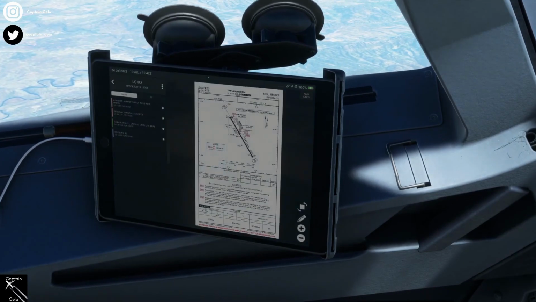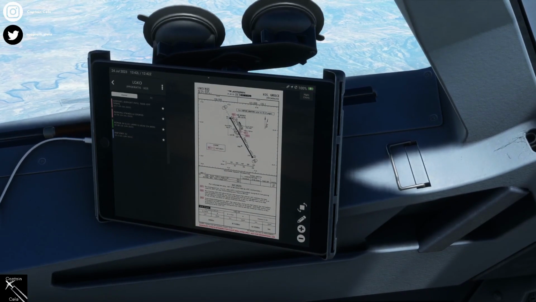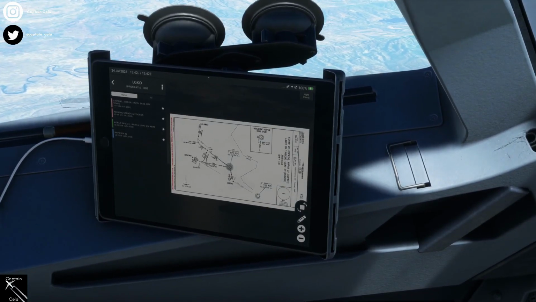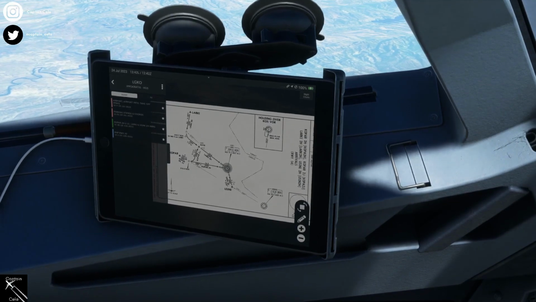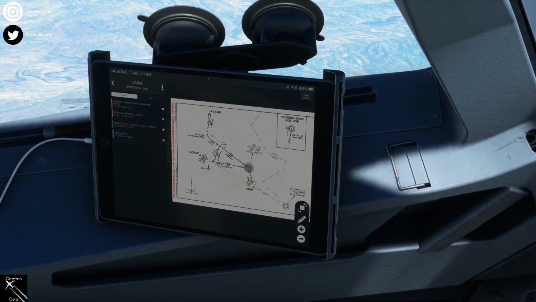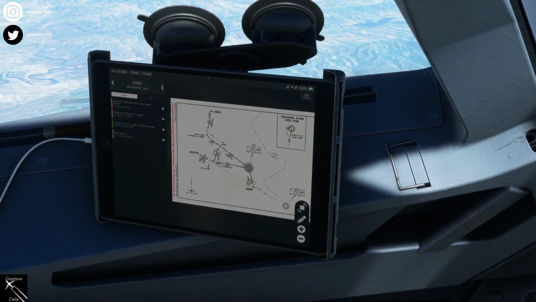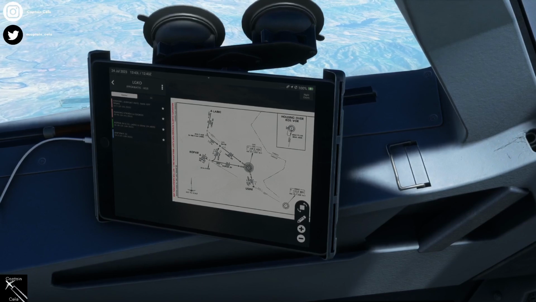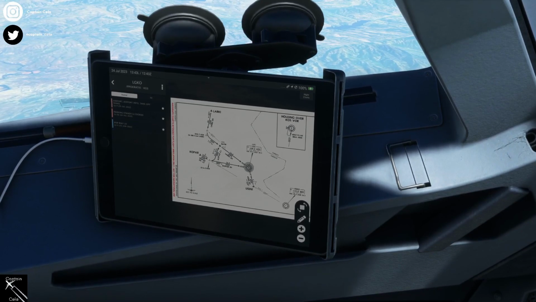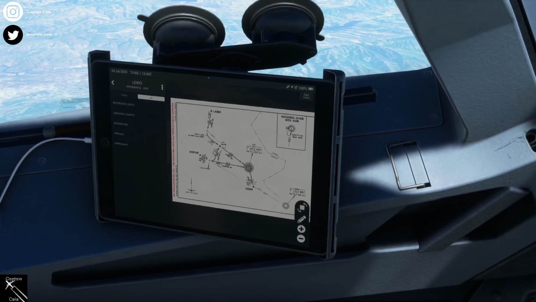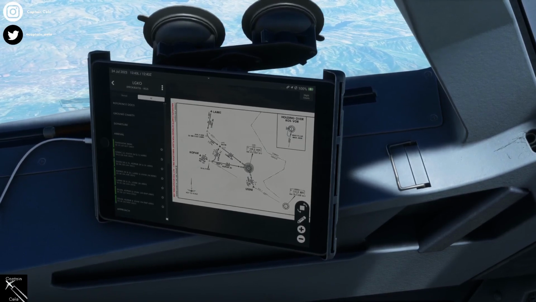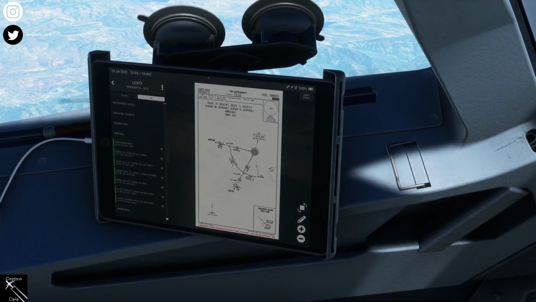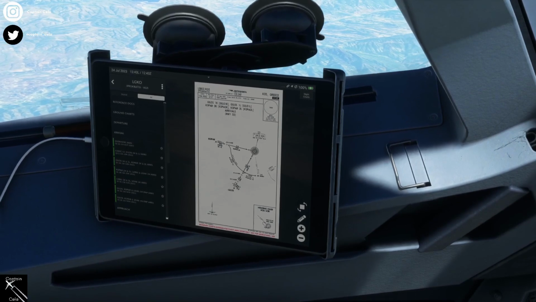So effectively we're coming in on, let's have a look. We're not coming in on the Copar 2 Hotel. Apologies. Let's have a look. So on arrivals, Copar 2 Kilo. Yeah, so we're coming in on the Copar 2 Lima arrival, which is going to take us